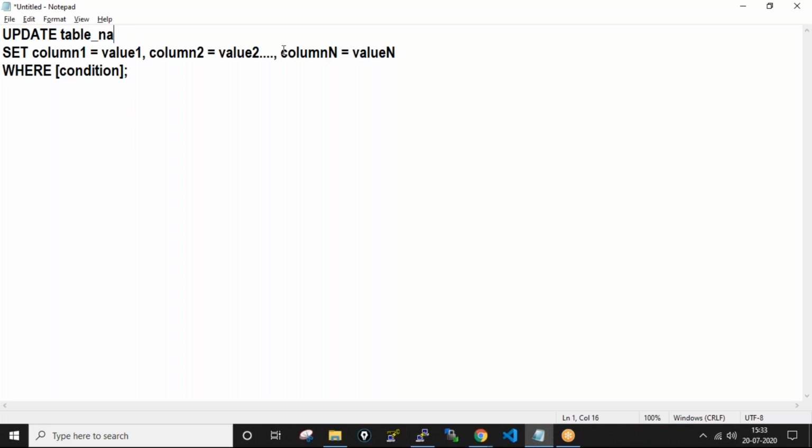So update SID set SID equals to 202. I'm giving 201 where SID equals to 101.